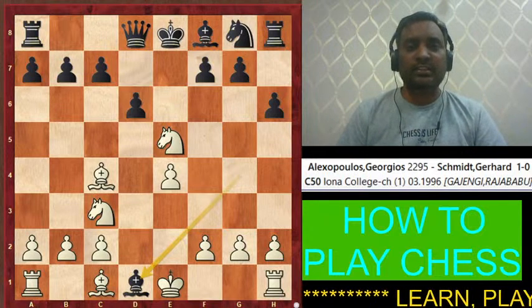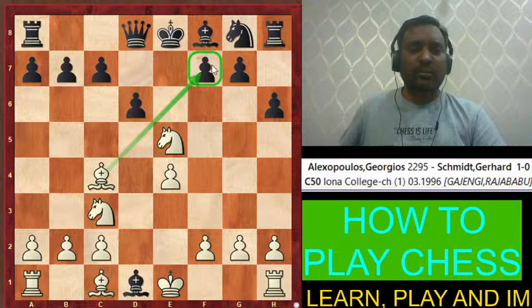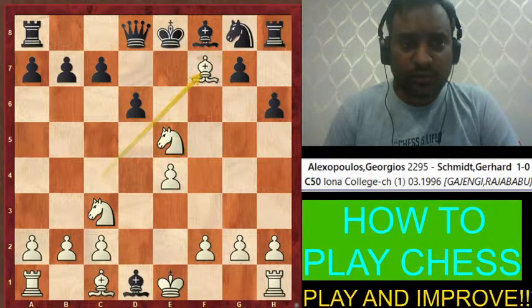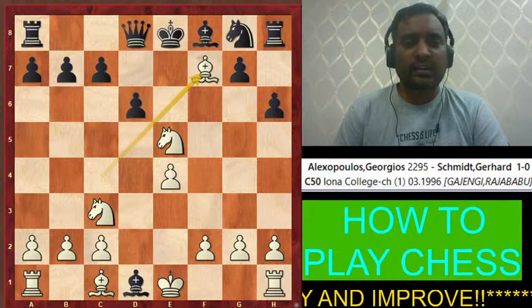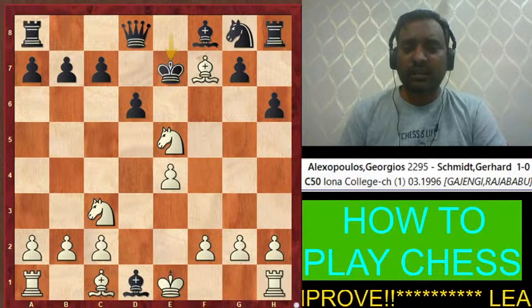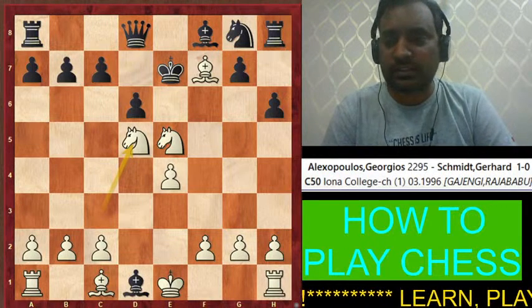Now white can simply win because he was attacking the f7 pawn, and now one more attack has been added. So bishop to f7 check, and the king has only one option, coming to e7, and then knight to d5, and it is completely a check and mate.